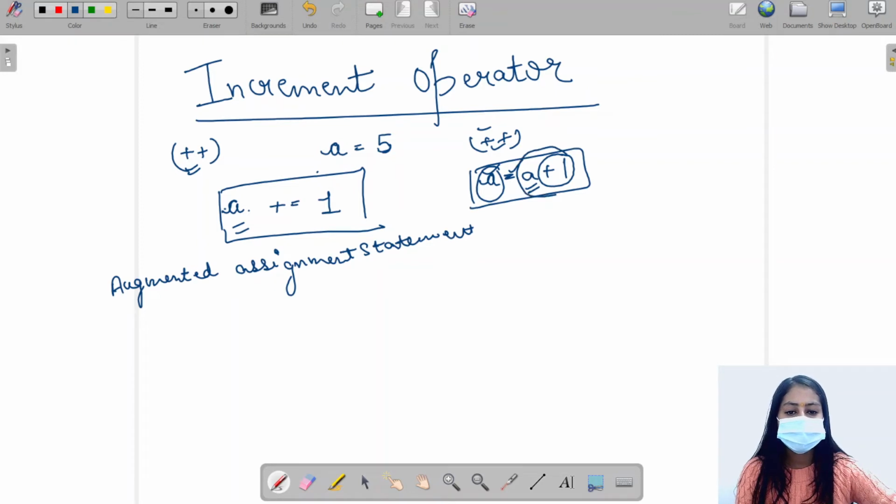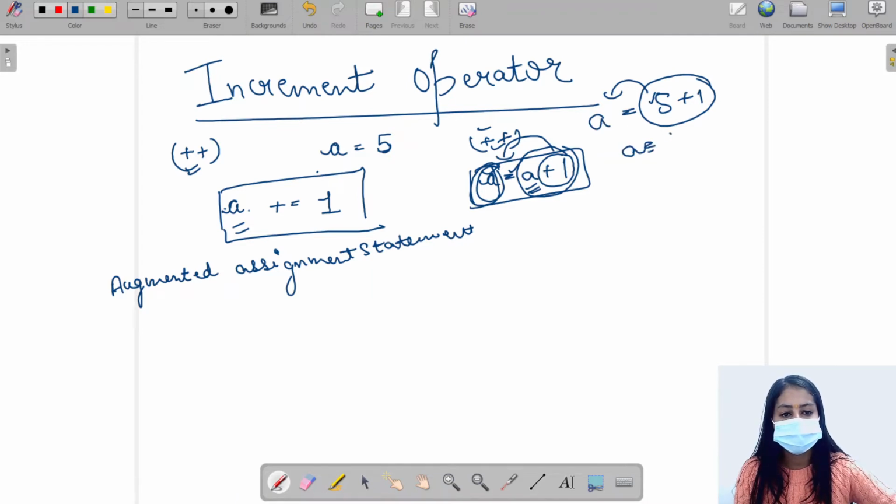It will firstly evaluate the right hand side and then modify the left side with it, right? It will firstly find the value of a, that is 5, add 1, evaluate this expression and then modify a to this. The value of a becomes 6, right?